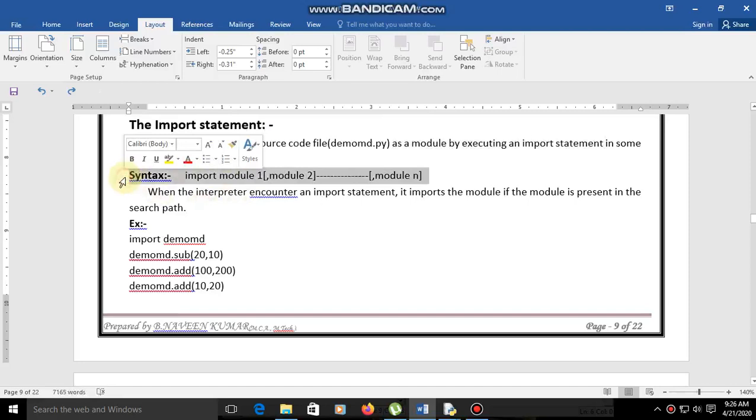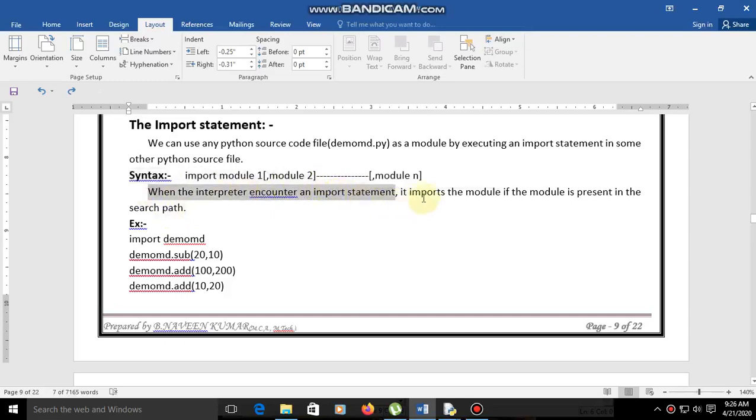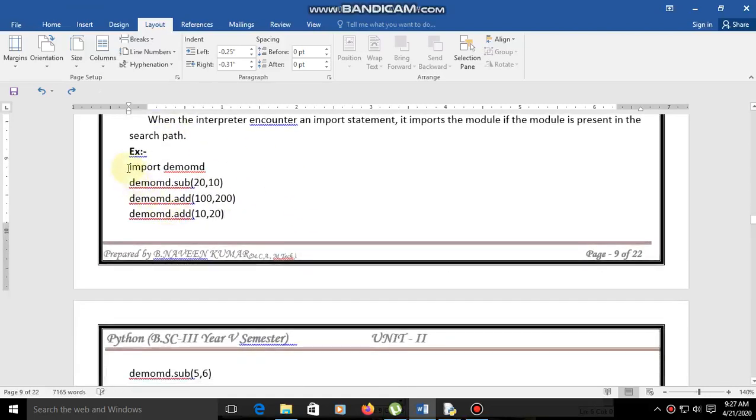The syntax is import module1, module2, and up to moduleN. When the interpreter encounters an import statement, it imports the module. If the module is present in the search path, then the program will also be executed by the import statement.